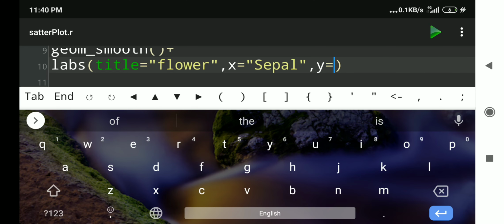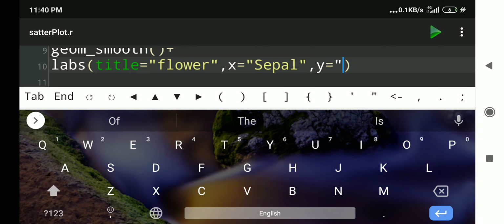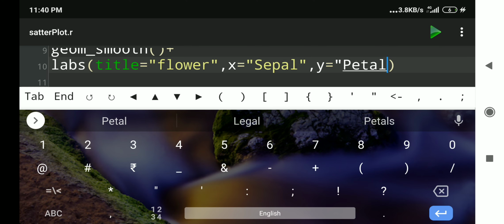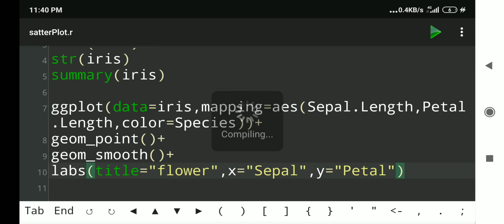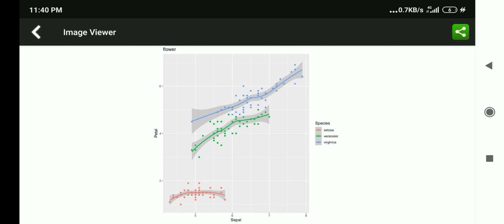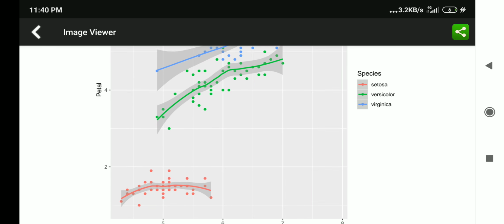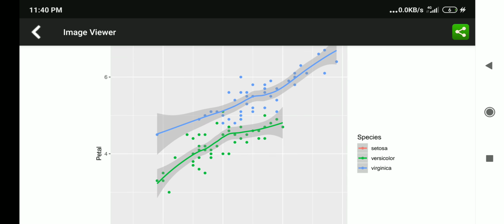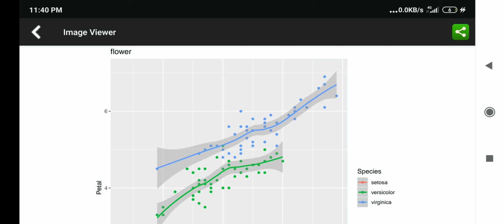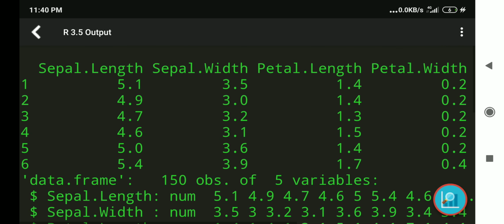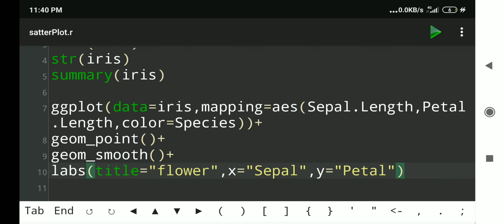We can have caption also. Here in Y label petal we are going to write that it's petal length, but to save time I am not going to write that. And I'll complete that plus. Okay, now remove the plus, generate it, and see the graph. Okay. Labels are there, the petal label is there. It shall be petal length, but we save the time, sepal length, and legend is also there to show these three. And this main title is also there, that is flower. You can have subtitle also in the labs. Subtitle caption can be there in the labs.